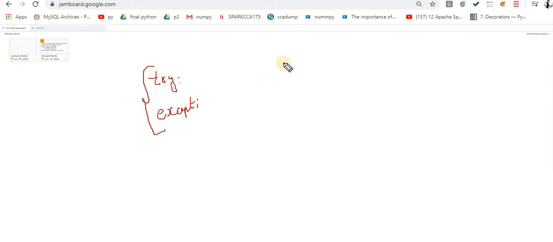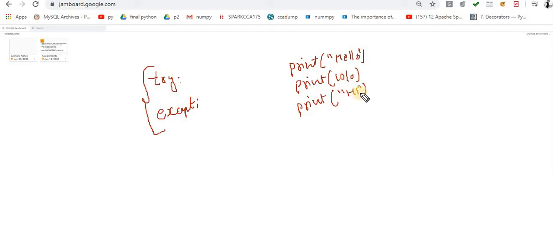Now without exception handling, without try and except, I am writing print hello, then print 10 divided by 0, and then print hi. In this case, what output will I get?